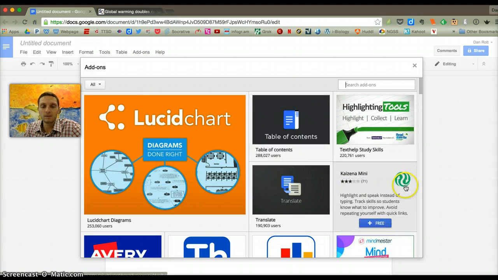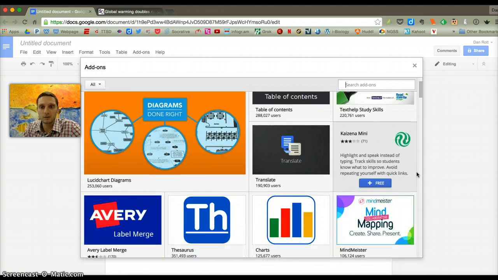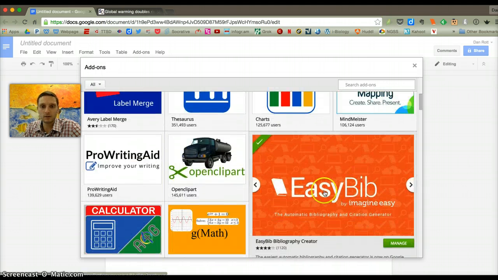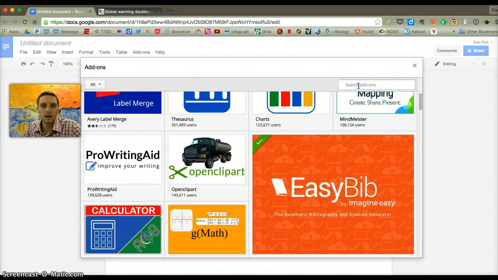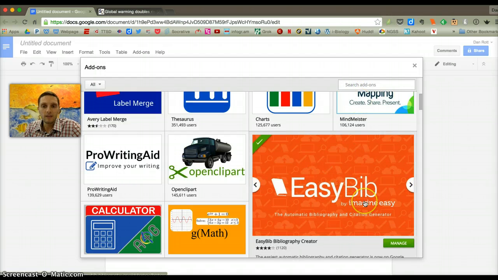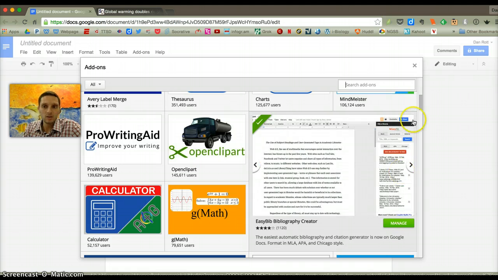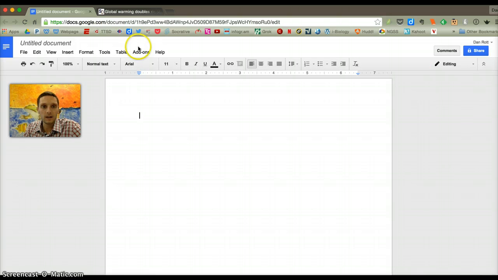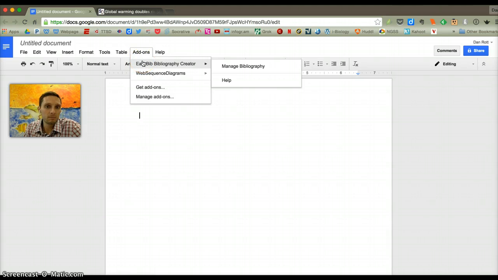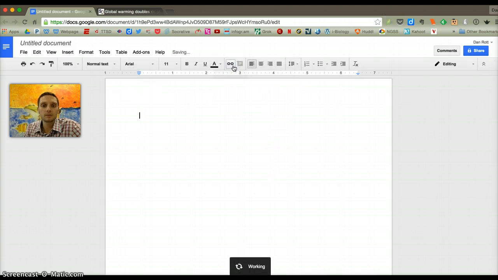And there's a number of different add-ons, or like small programs that you can add to your Google Docs, but I'm going to search for, or actually it's right here, you could also search for it if you don't find it. I'm going to search for EasyBib, and I've actually already installed this, but if you hadn't installed it, there'd be a button right here that would say Install, and it will walk you through the steps of adding this program to your Google Documents. And so once you have installed it, again under add-ons, you'll notice this additional option, EasyBib Bibliography Creator. And if you click Manage Bibliography,